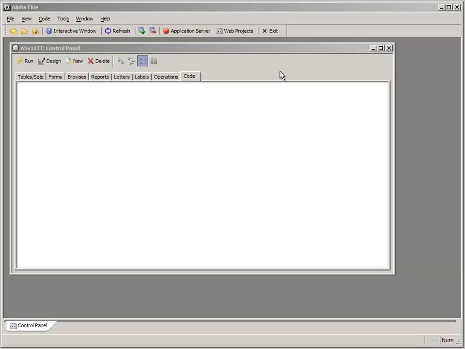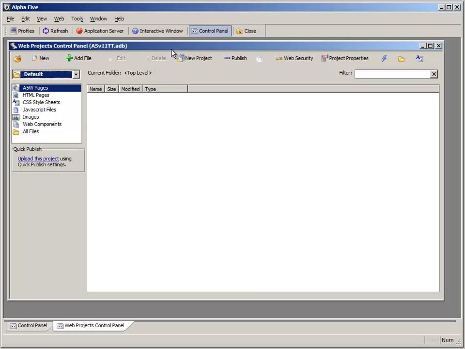So now that we have things underway at the desktop level and we have our data source established, the next thing we need to do is head off to our Web Projects control panel. You can click up here on the Web Projects button on the toolbar, and you have your Web Projects